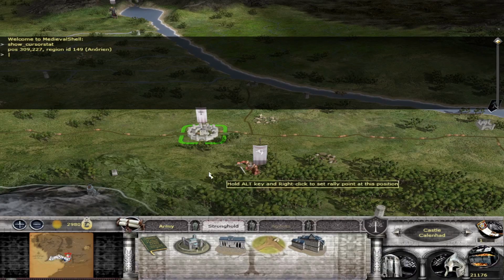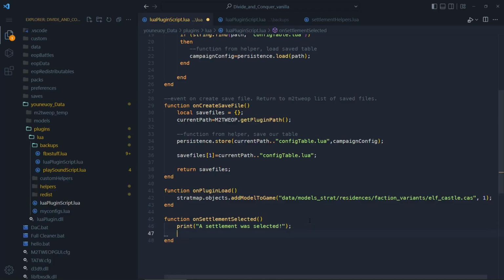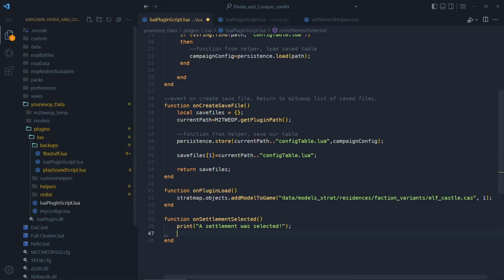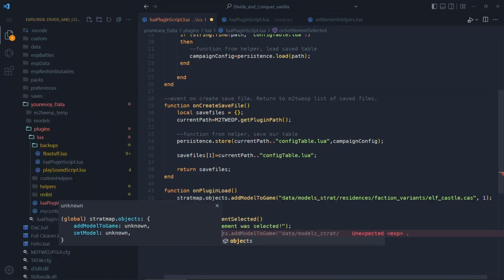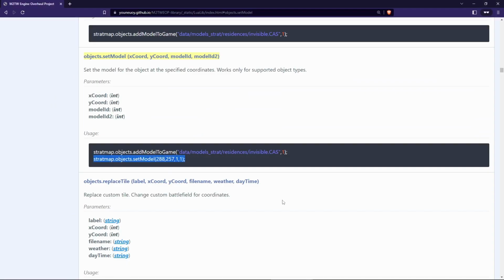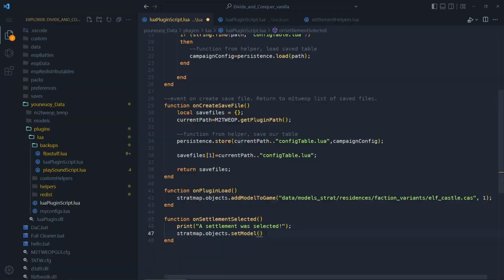So let's write the code for calling the set model. So we've already added the model to the game, now we want to set the model, so we can just grab this stratmap.objects.setModel. Perfect. And we know from looking at the documentation that that's going to take an x coordinate and a y coordinate. Okay, so we don't obviously want to have to hard code a bunch of values here, like 3, 4, 5, and have this massive list of